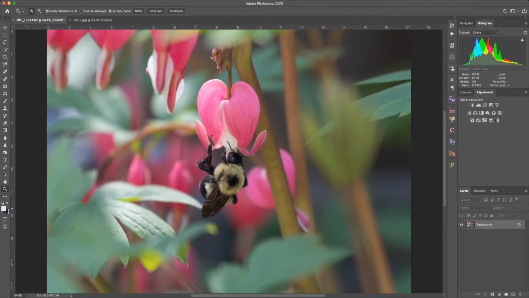In this tutorial today, I'm going to be taking you through my basic workflow for editing wildlife shots in Adobe Photoshop 2020. You got yourself your first DSLR and a decent zoom lens, you're taking some wildlife shots of the birds and the bees, and they're coming out kind of boring. Do not despair. With this pretty basic workflow, you'll be able to take your shots from something like this to